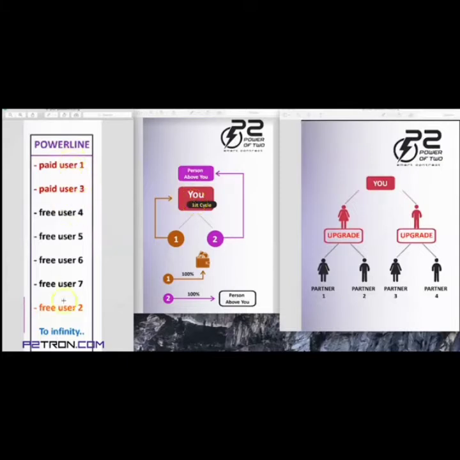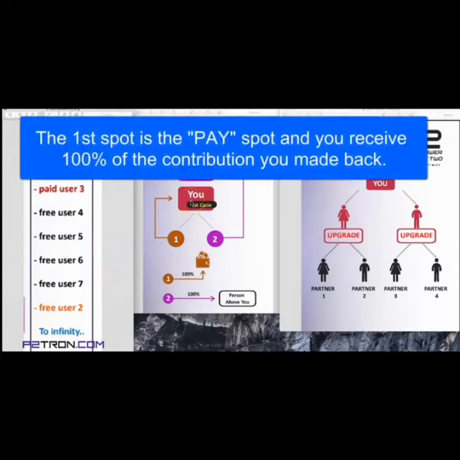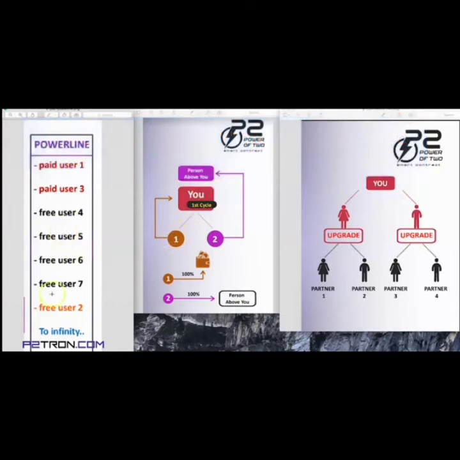The first person who is pulled from the global power line, or if it's someone referred by you, this first person that lands in this spot pays you $5 directly to your Tron wallet instantly. Boom. The second person placed in here in this 1x2 cycler, as it's referred to, that money is going to pass by you, and it's going to go up to the person above you, and it's also going to cycle you and start you with a new clean cycle.